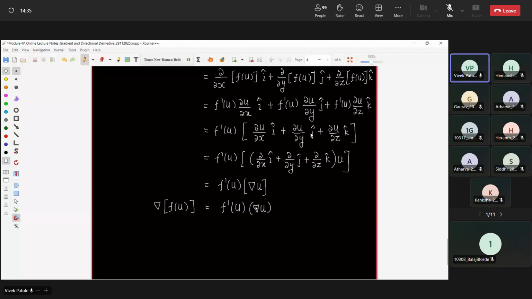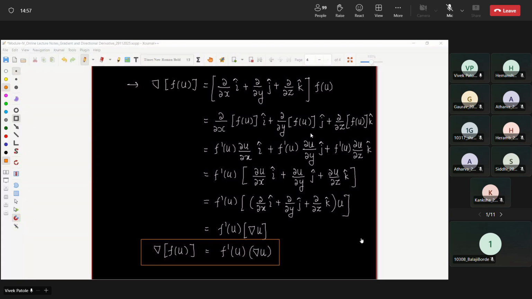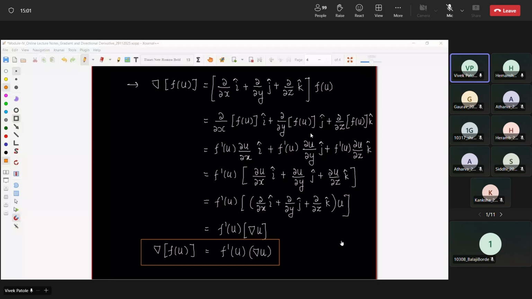So this is a very important result. We are going to use it frequently in the upcoming topics. Okay. And if you don't remember, you can easily derive it like this. Do you understand this? Any doubt in this derivation? Everyone understood this? Yes, sir. Okay,